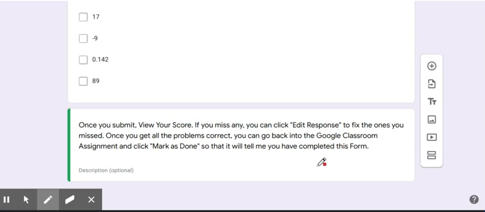Once you get them all correct, you can go back into the Google Classroom assignment, click View Assignment, and then mark as done so that it will tell me you have completed the Google